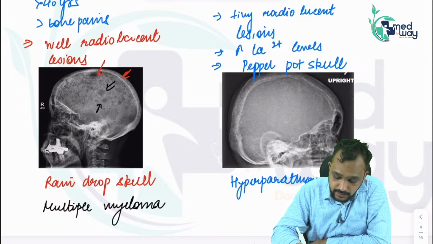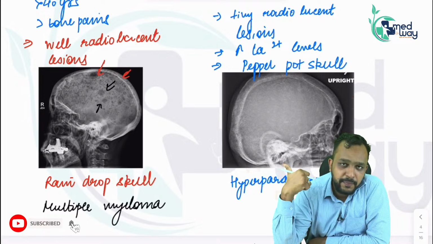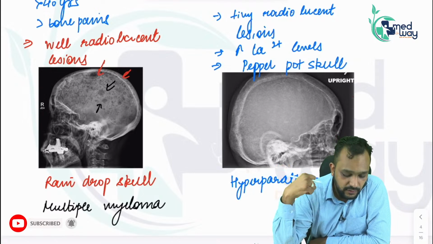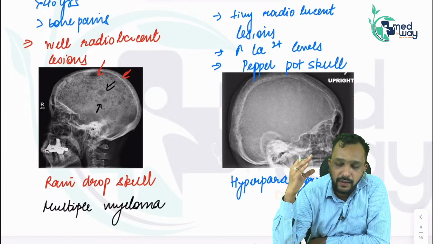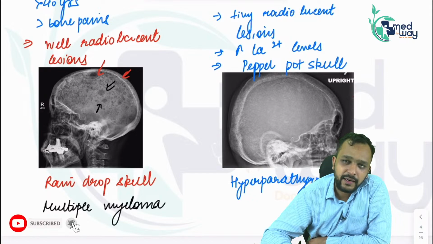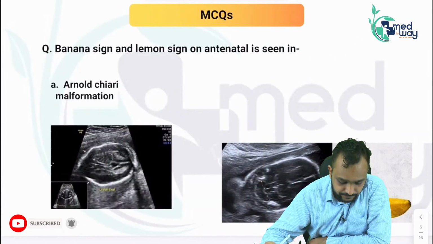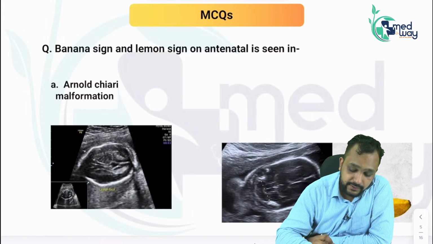So just be clear with these three important imaging appearances of the skull: cotton wool skull, Paget's disease, okay? Then you have raindrop skull, which will be seen in multiple myeloma. Then your pepper pot skull or salt and pepper appearance will be seen in hyperparathyroidism, right? Then coming to your banana sign,